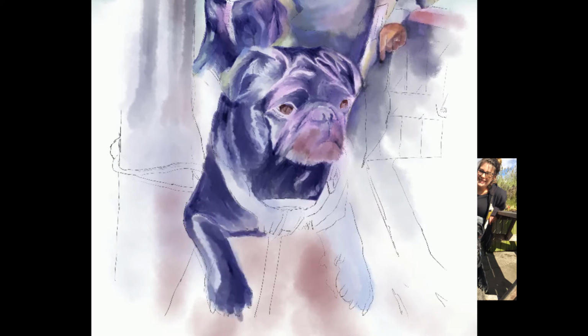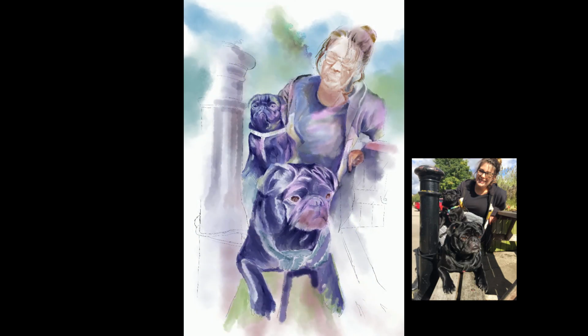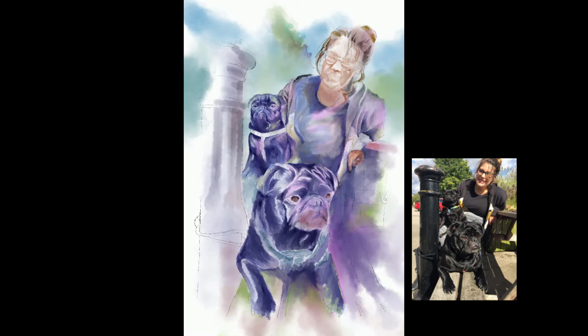I don't have to worry too much about blend modes of the layers, because blend modes are now available in the paint brushes. So in the watercolour brushes, there is a mode and I can change it. The main brush I was using, I can't remember, I'll look that up. Okay, I'm back. The main brush I'm using is the wet glaze brush, and I would change the blend mode